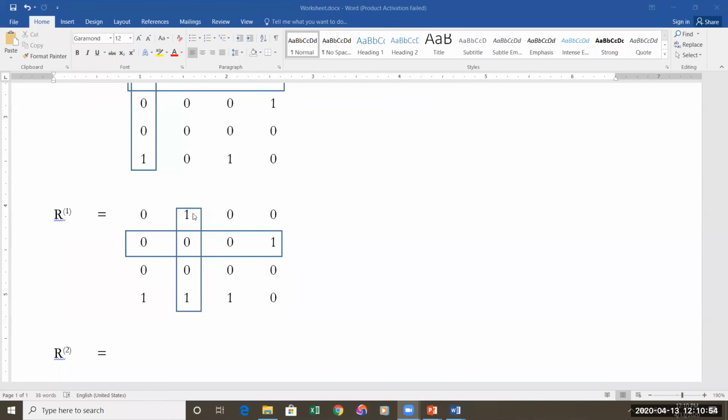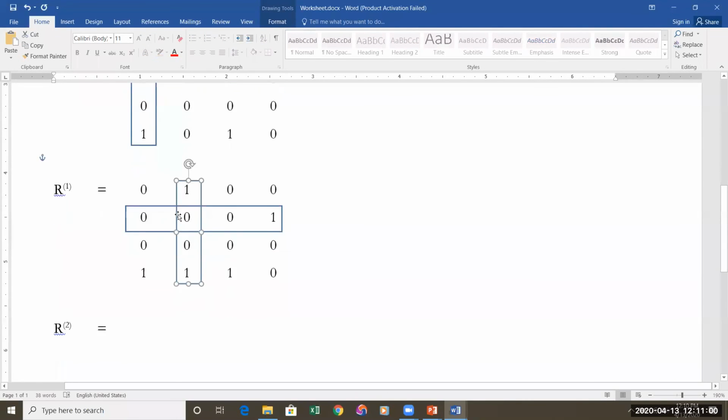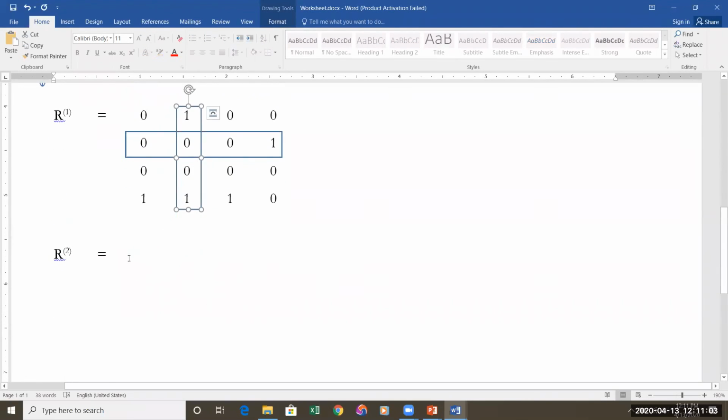Yeah. Now the same thing continues. We are supposed to fill the next matrix, that is R2, by looking at the previous one. So let us see. In the first location, in the previous one, there is a 0. Now what you are supposed to do? The corresponding column, there is a 0. The corresponding row, there is a 1. So 1 and 0 is 0. Therefore, the result is 0.